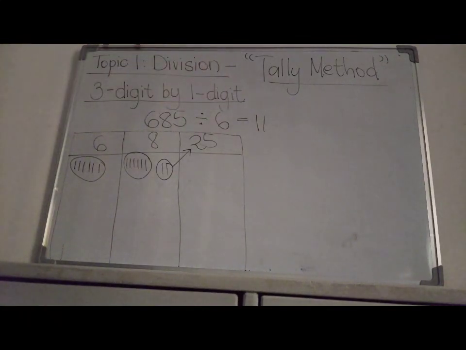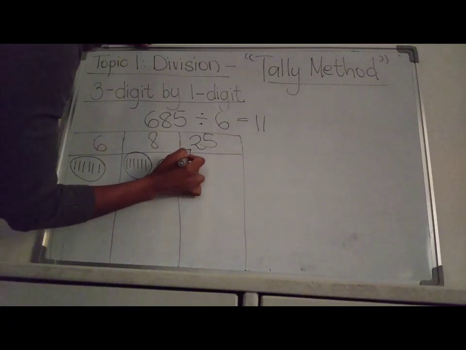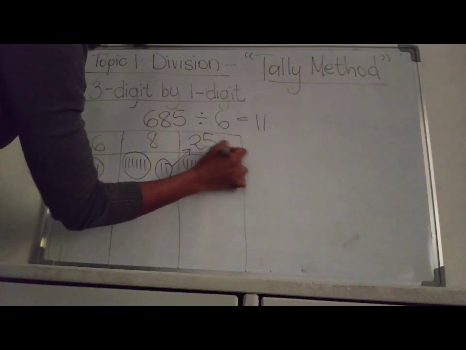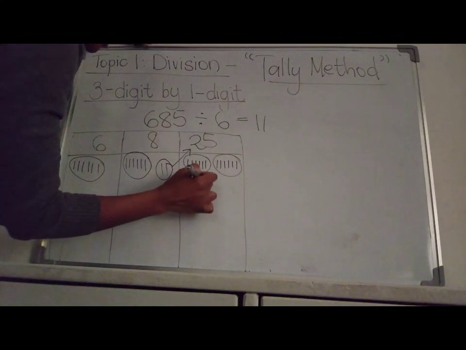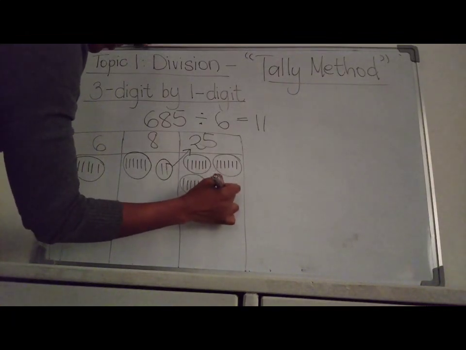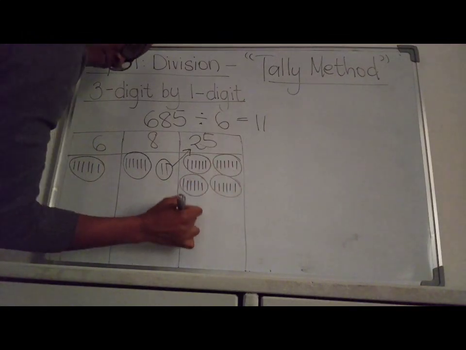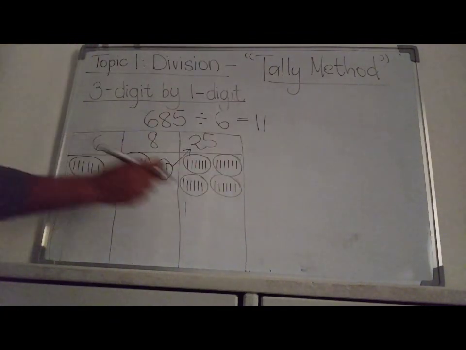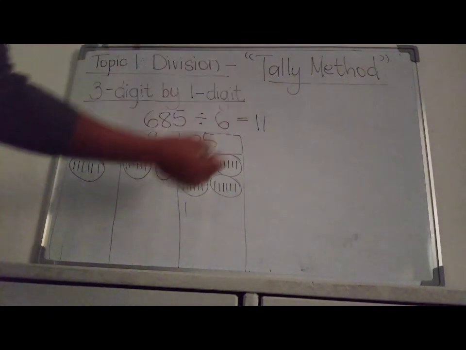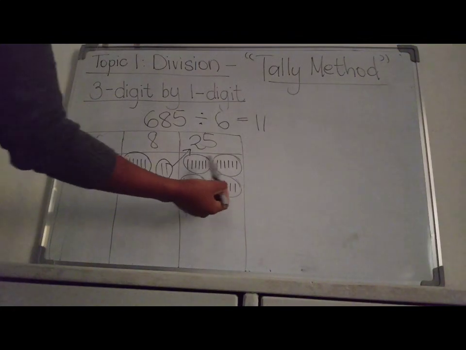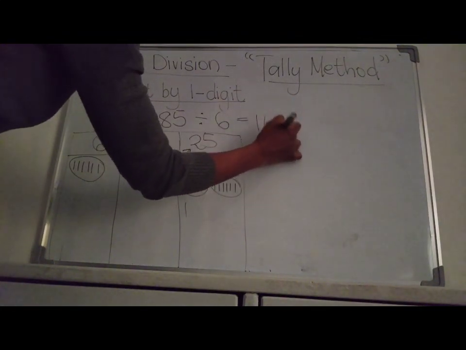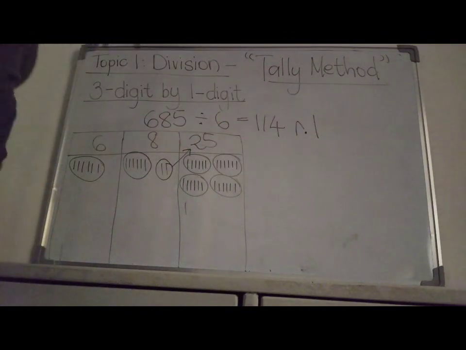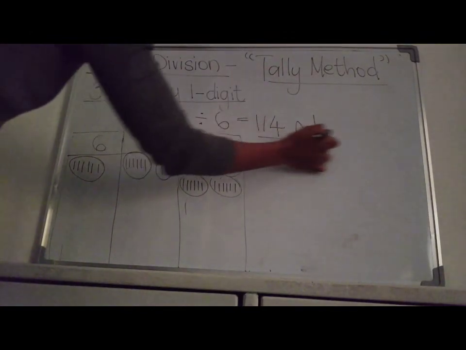How many 6s do we get ku-25? Siyaphinda sabala. 1, 2, 3, 4, 5, 6, 7, 8, 9, 10, 11, 12, 13, 14, 15, 16, 17, 18, 19, 20, 21, 22, 23, 24, 25. Yabo? 25 ufike xa sengiqala u-6 wesi olandelayo. Andithi? So how many 6s did we get ku-25? 1, 2, 3, 4. We got 4. Le yokugqibela ke ngoku remainder. Le siyibhalayo apha with a remainder of 1. That is our answer.